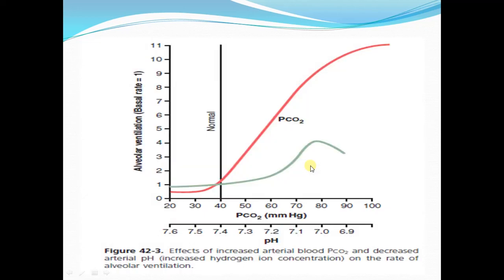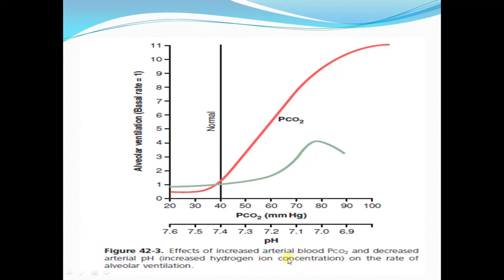Now, this graph shows us the effect of increased partial pressure of carbon dioxide and of a fall in the pH on the rate of pulmonary ventilation. Whenever there is increased partial pressure of carbon dioxide, it has a very potent acute effect in increasing the rate of alveolar ventilation, while a fall in the pH of the blood or an increase in the hydrogen ion